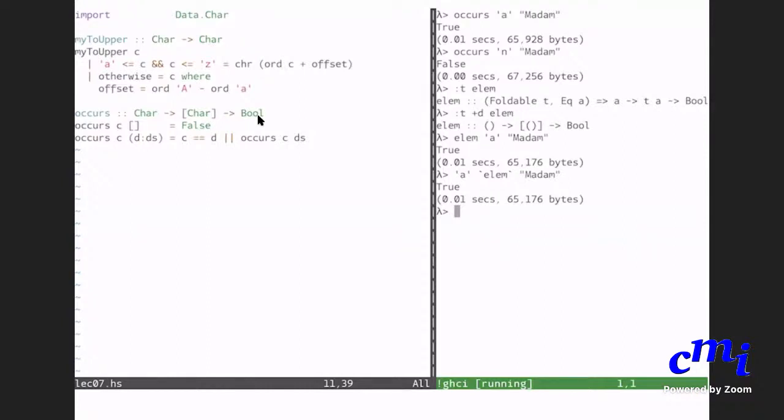That is fine. In this colon T, are Foldable and Eq properties for these types? We'll talk about Foldable and all later. We might not even talk about Eq. Eq is a property of the type. It is saying that A admits equality tests. Okay, so forget about Foldable for now. We'll get to that later. Foldable is not even a property of the type A. Right now, I don't want to use those words. So forget it. Foldable has something to do with types, so you can forget it.